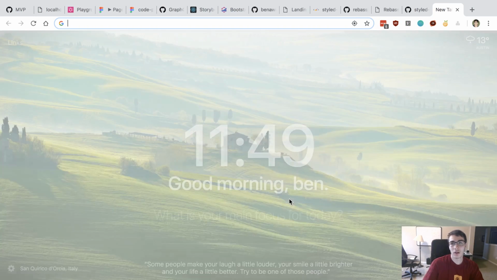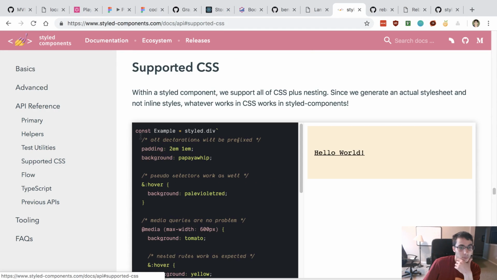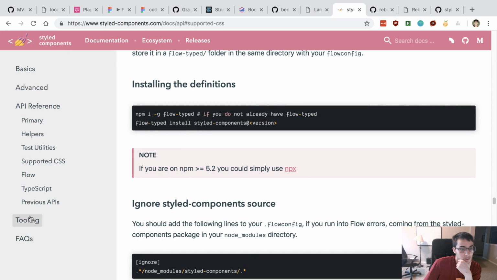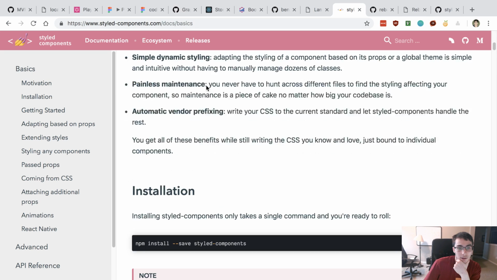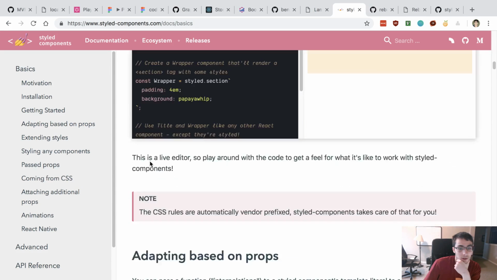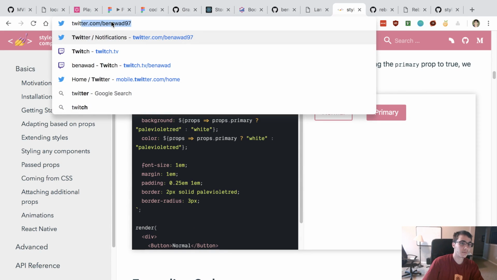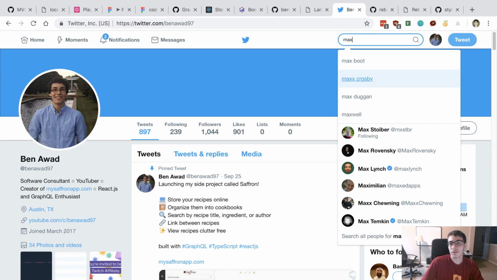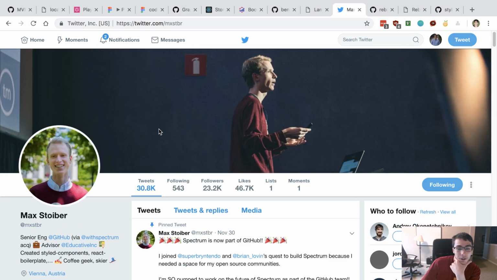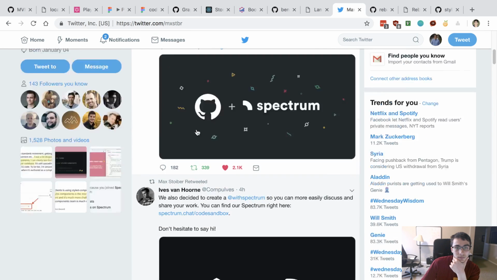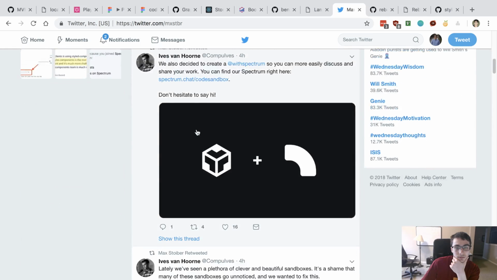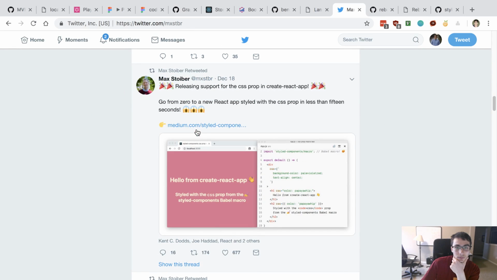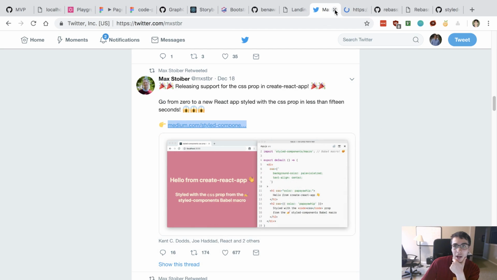Alright, let's see how you support the CSS prop on this. Supported CSS. Tooling, maybe. Let's do basics. I thought I saw on Twitter the other day they announced something. So, releasing support for the CSS prop in create React app. We're actually not doing create React app, but let's see what they do.